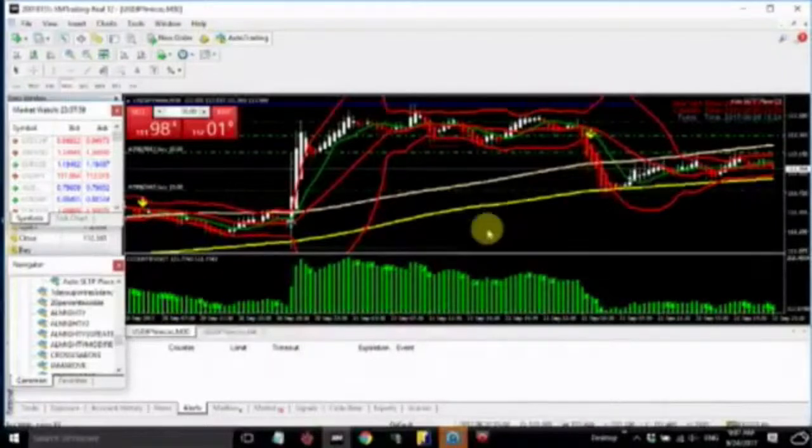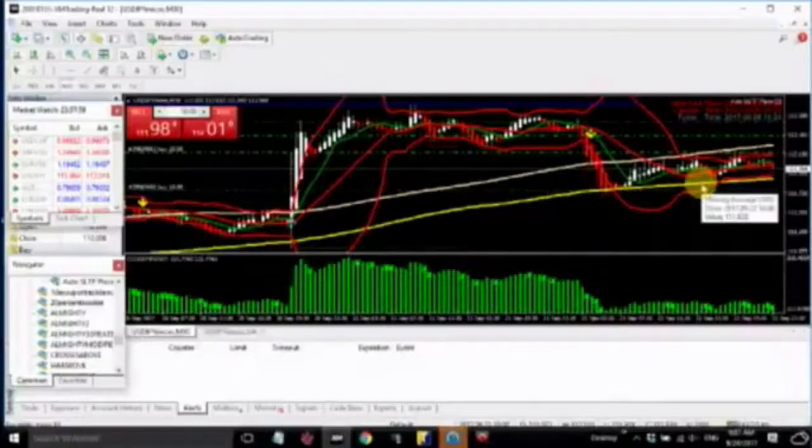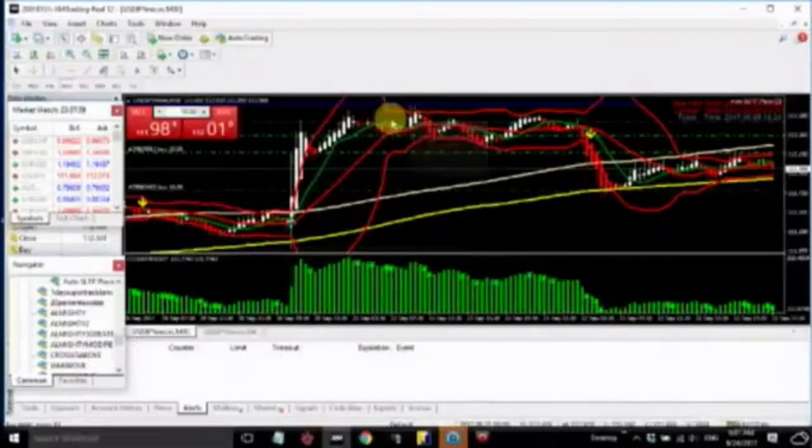Okay, good. This is not what I want to say. When you use this Bollinger Band with this moving average period 200, how do you know that this price is coming back to the moving average period 200? When you are on the 30-minute chart and you see this Bollinger Band period 20 and price is touching the top of it, just like this,